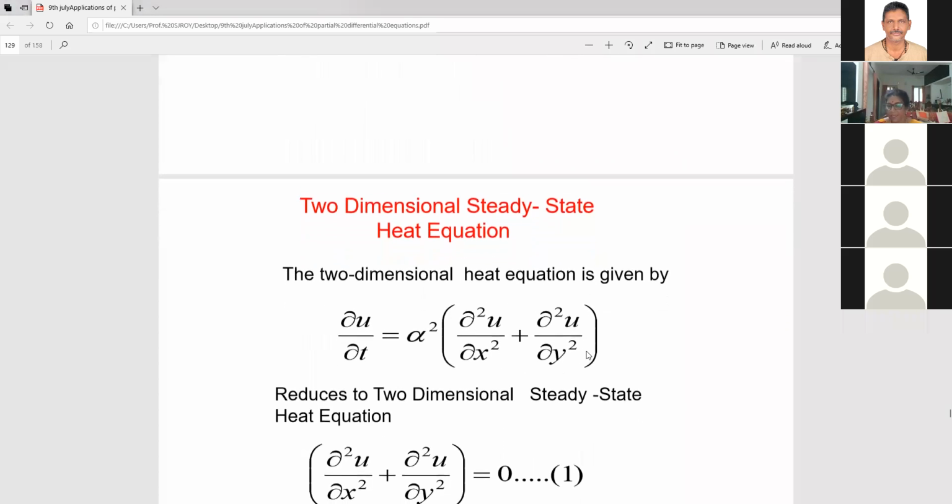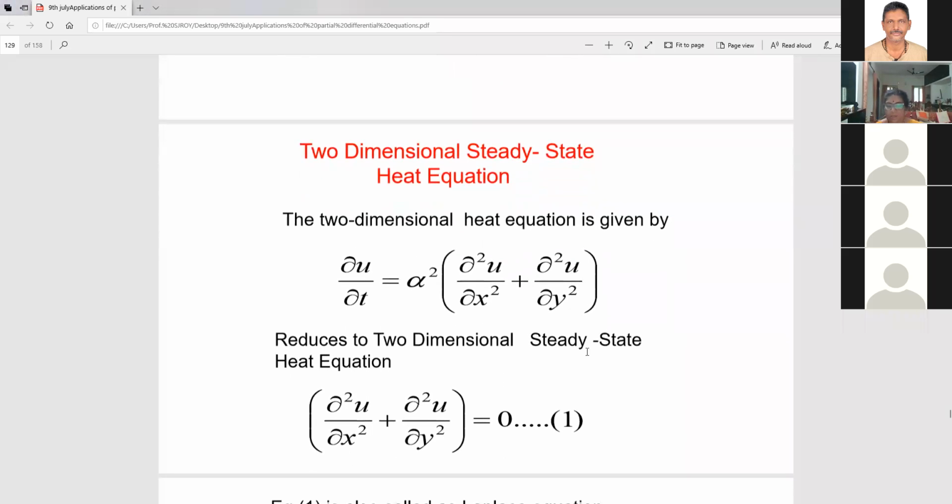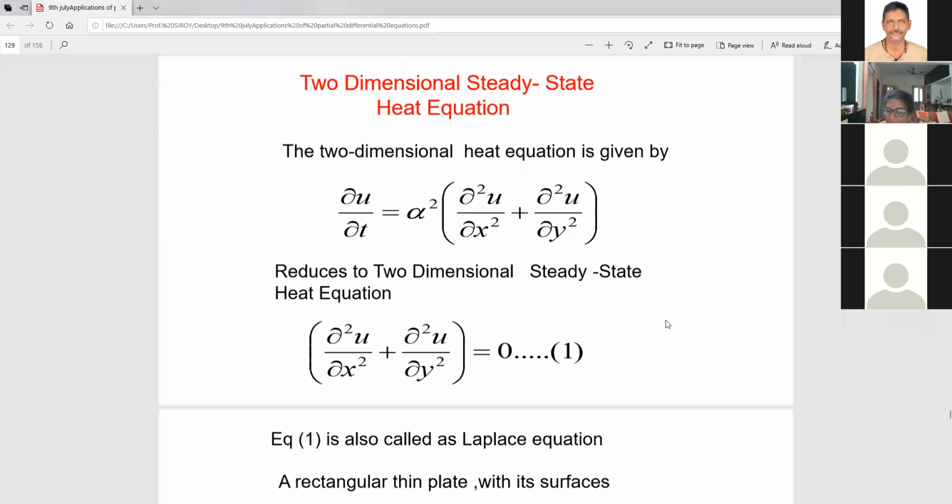Of course, we are taking care of the steady state. This also can be solved. Anyway, usually in our BE syllabus we have steady state only. Only the two-dimensional steady state heat equation we are having. So if you pick up this equation and solve it,